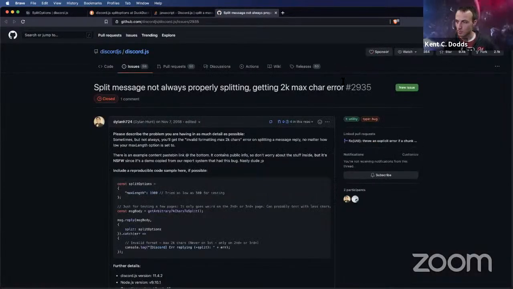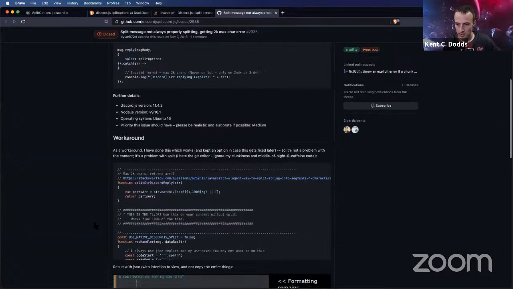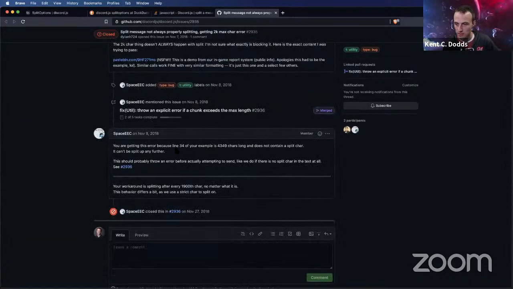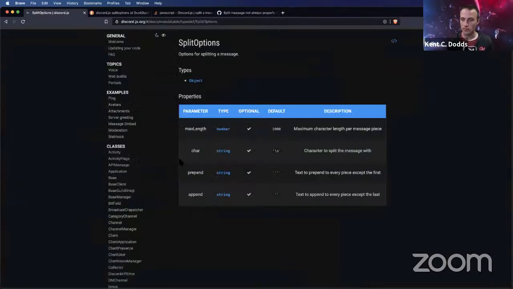Yeah, it looks like this is probably what I'm looking for. Oh, I see. Okay, so if I'm understanding this correctly, it will split for me automatically, and it will split based on new lines.